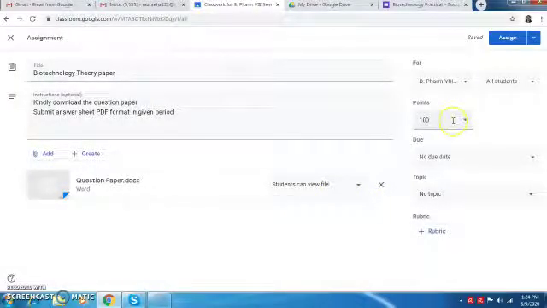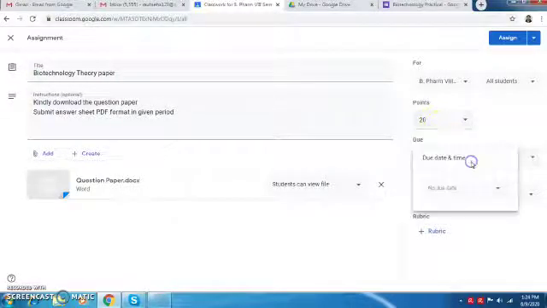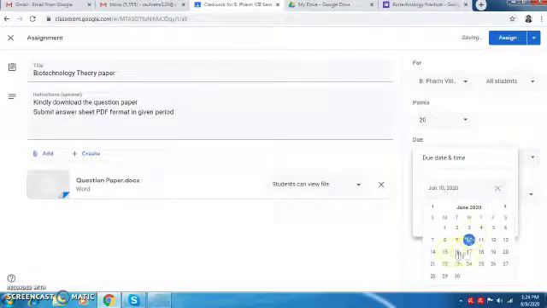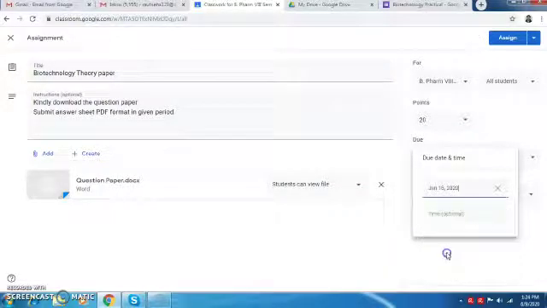Then at the right hand side you can do the editing in the points. So this is of 30 marks, so 30. Then the due date, so the date of your paper, that biotechnology, if I consider 15 June, then the time is till 3:30 PM.